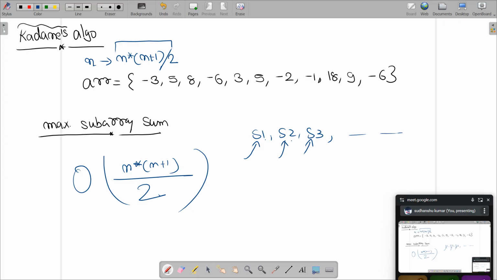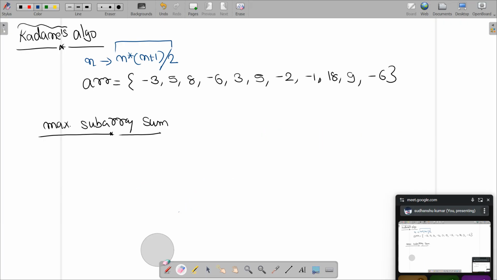This intuition might look good in one go, but try to understand that the majority of these subarrays will have overlapping, window by window. For example, if I pick a subarray of size 2, this is my first subarray, then I move forward, this is my next subarray.